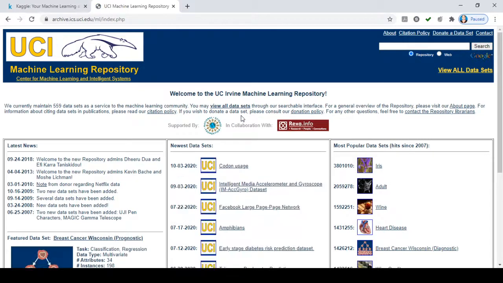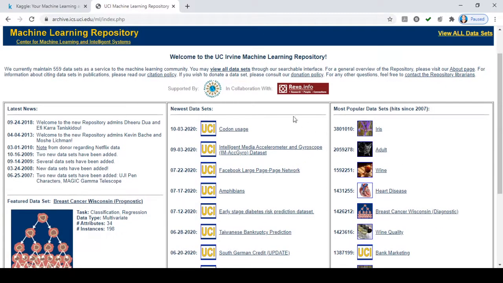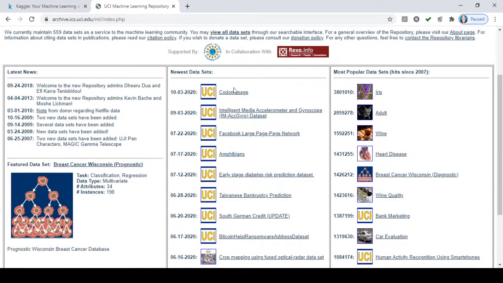Here you can see that this site is divided into three sections. In the middle section the newest datasets are there, so if you want to work on the newest datasets, you can go with this type of datasets.